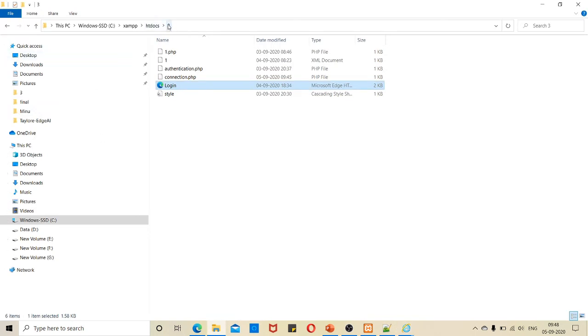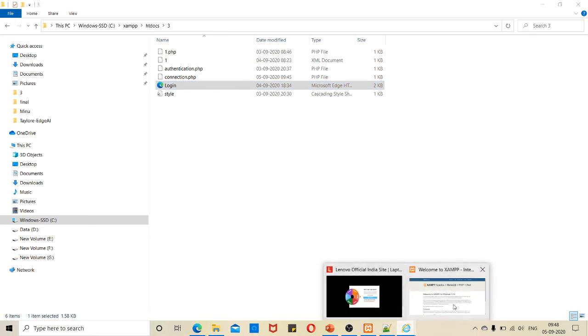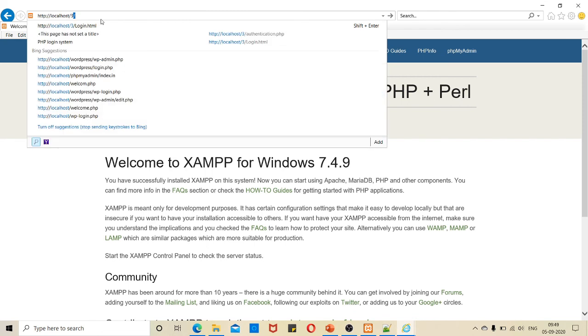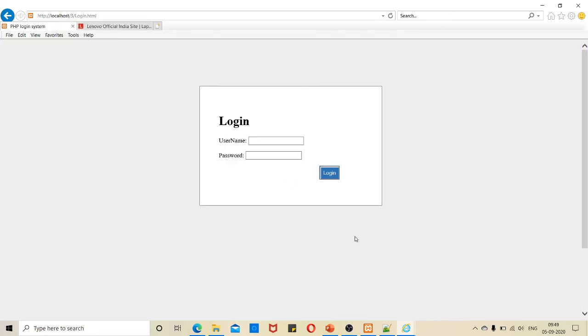So inside 3, login.html. You need to type localhost/3/login.html. You should not just run your HTML by double clicking on it. You need to run your HTML file through the server, so only then can you fetch the server program.